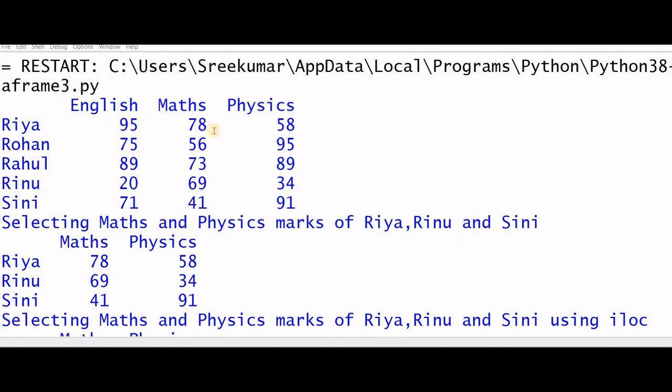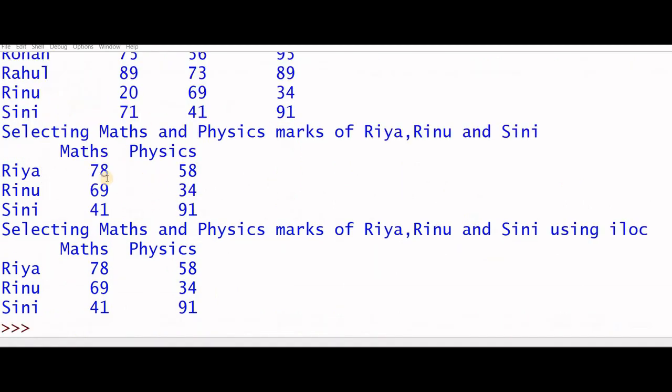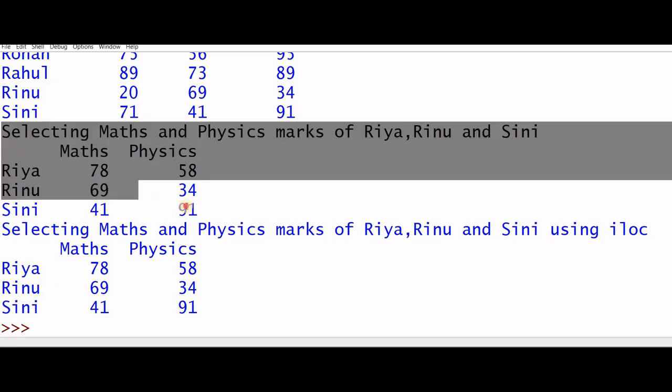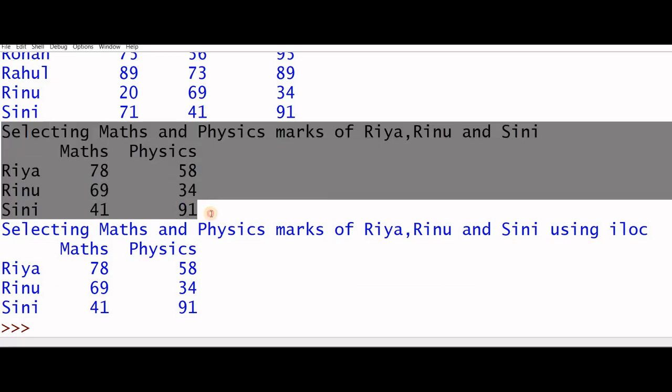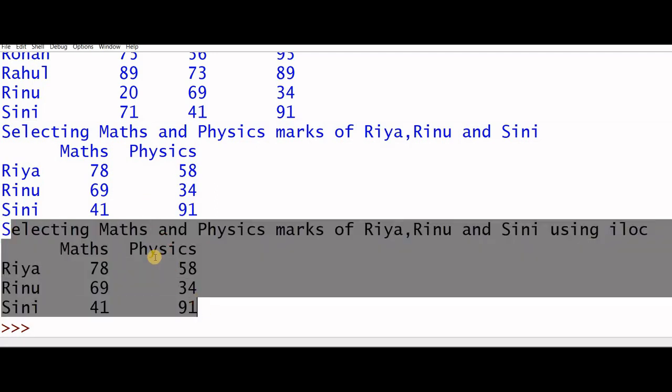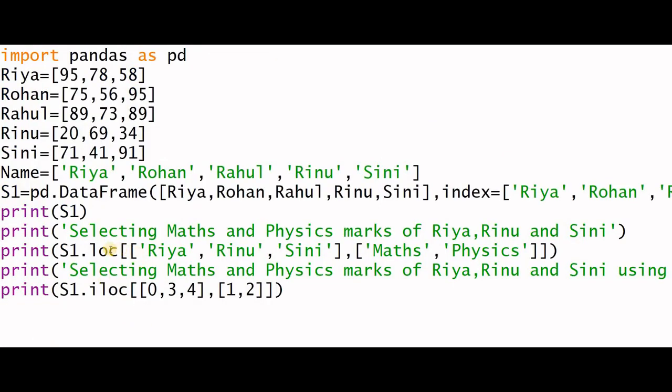Here is the output. The entire data frame is printed here. The second section, that is this one, is displayed using LOC and here using ILOC. The same set of data can be accessed by using LOC as well as ILOC. We can check the program once more.